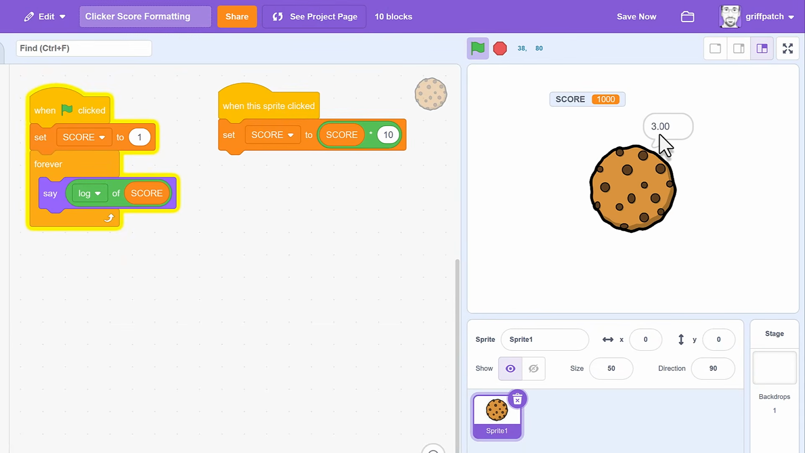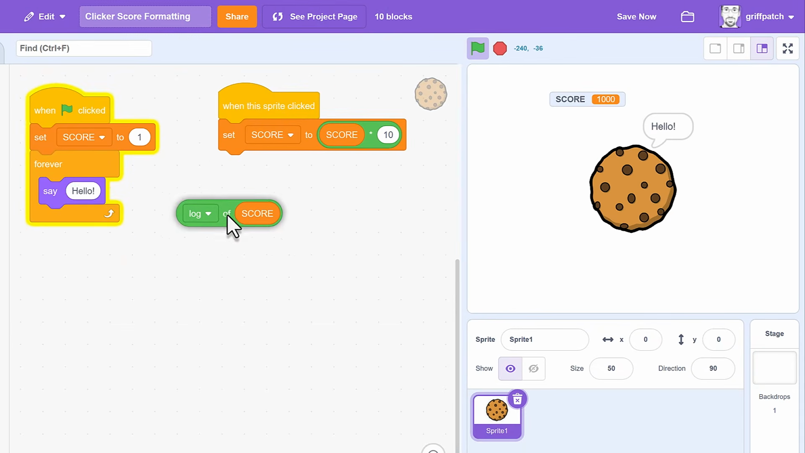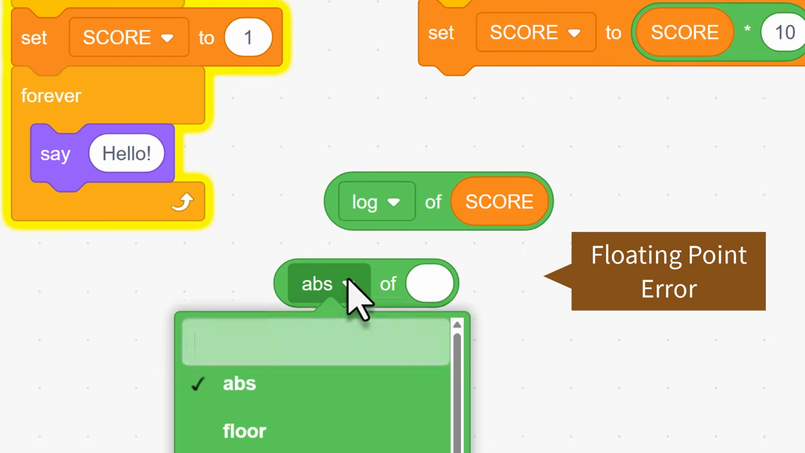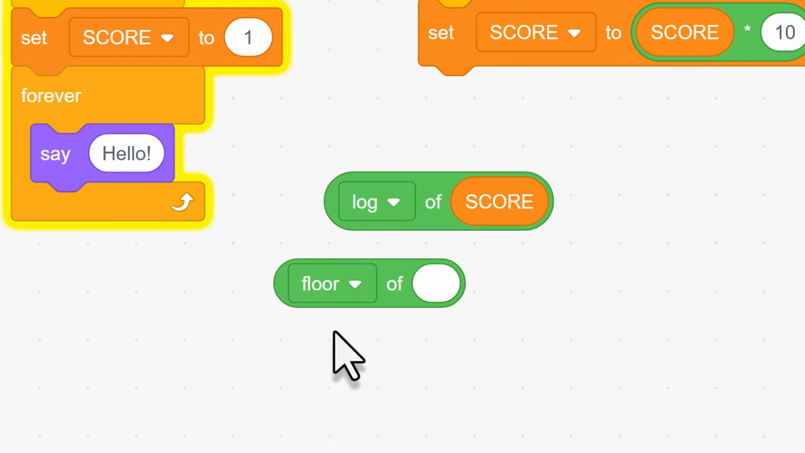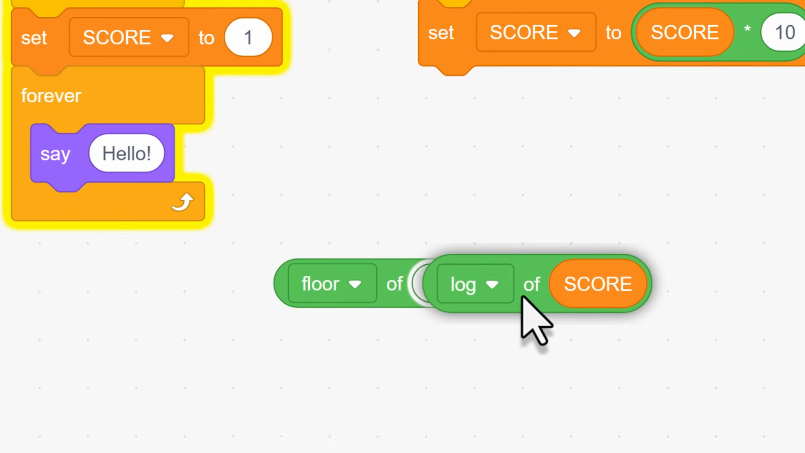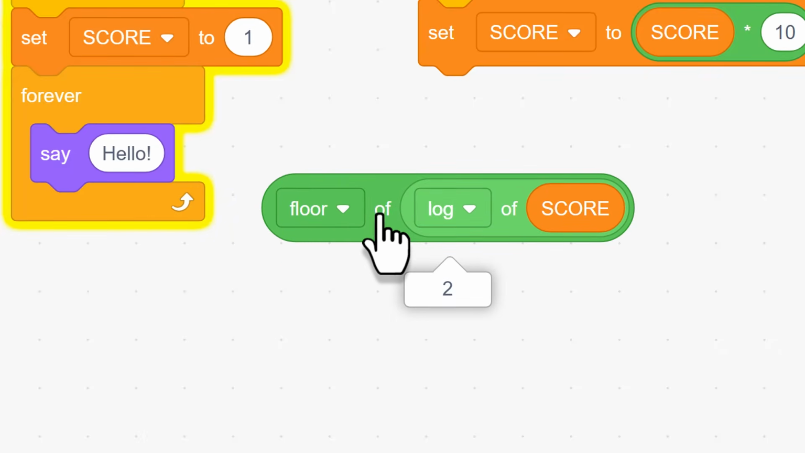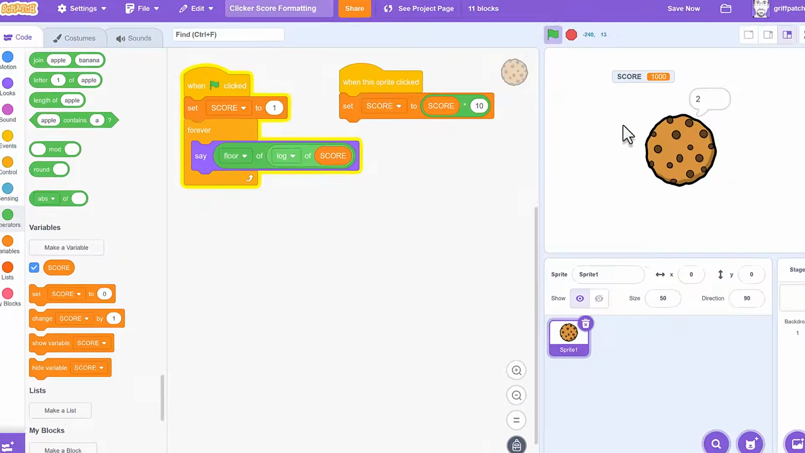Well, that might seem a little bit bizarre, but this is what is known as a floating point error in the mathematics of your computer. The result is oh so close to 3, the true answer, but it didn't quite get there. And this is going to be problematic, as we want to use the floor block to round our numbers down. The number that was oh so close to being 3 is now reported as 2, and when I run the project and click on the cookie,